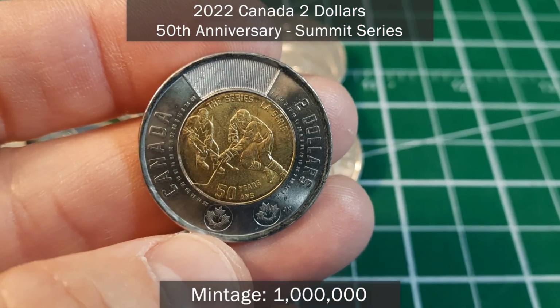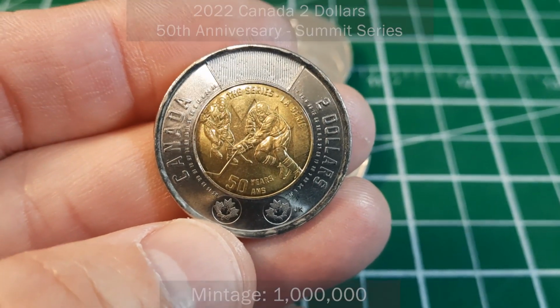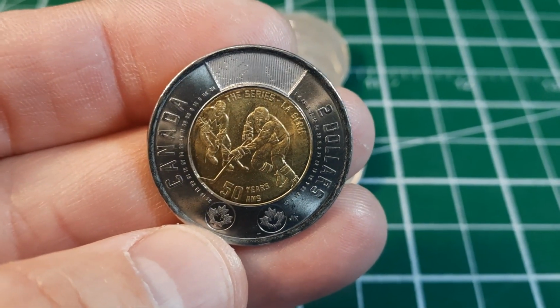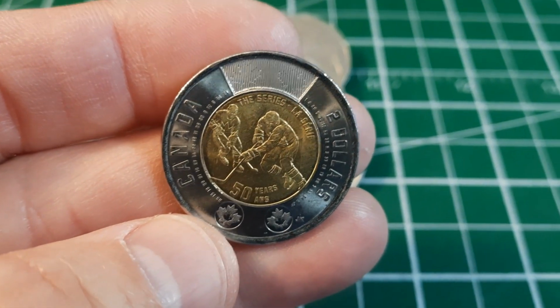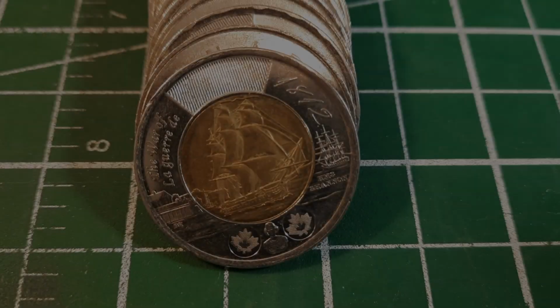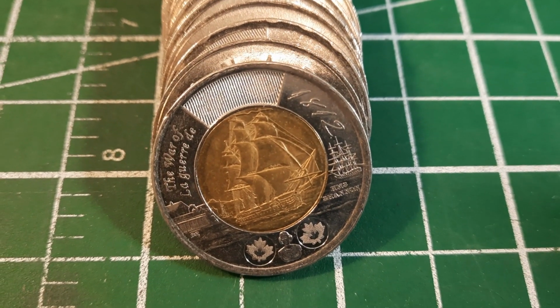That's the very first one I found, the non-color. I found 2 of the colorized versions in my last hunt, but this is the first time I found the non-color coin roll hunting. And this is also a limited edition, limited to just 1 million. Awesome. Roll number 6, we've got a War of 1812 commemorative, and there's a variety you can look for on